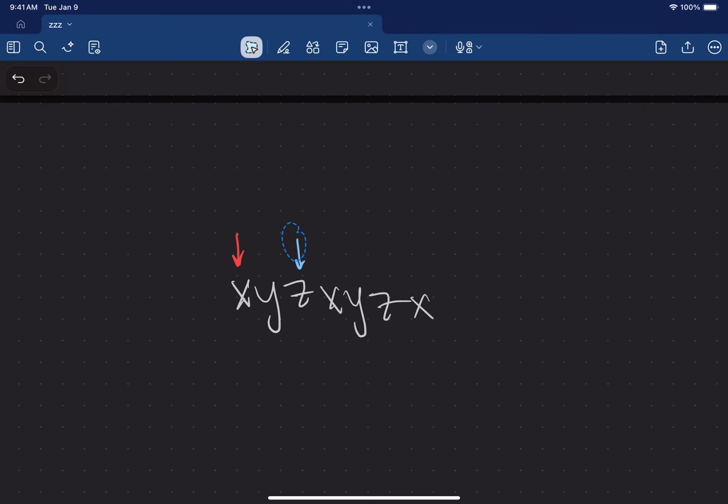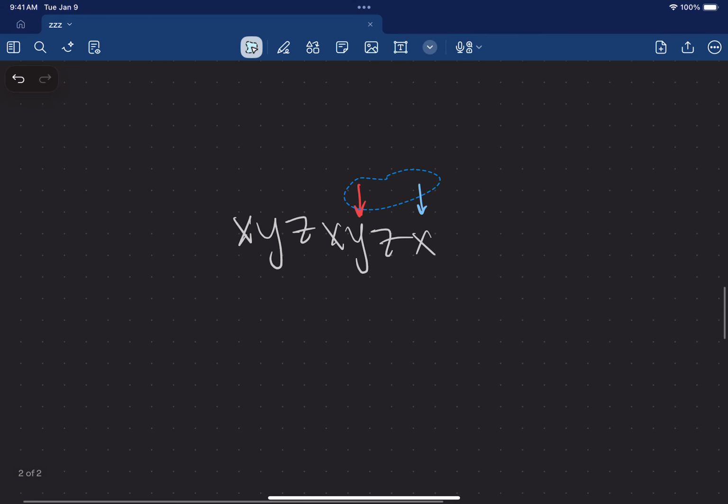Okay, so valid window right here. We expand it one more time and it becomes invalid, so we move this over until it becomes valid again. Okay, and then we can repeat from the other side. So valid right now, invalid, slide it over, valid, or it was valid a second ago, now it's invalid, so we slide this over. Now this one's not super interesting because we just keep sliding everything over one by one. But by doing this, at the very worst case, so let's say this was all x's,